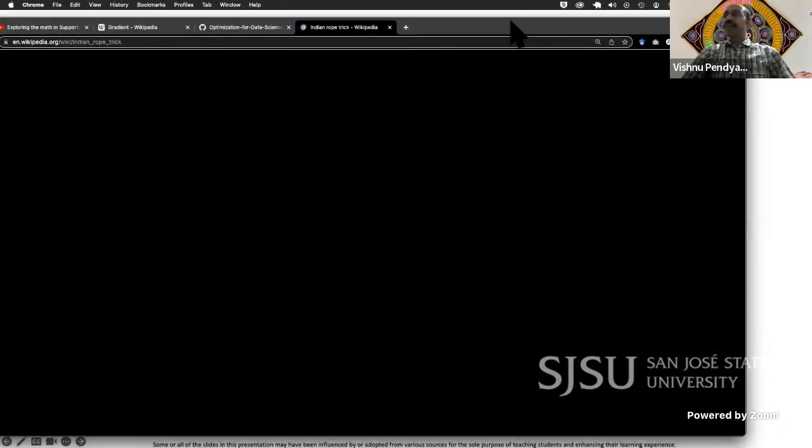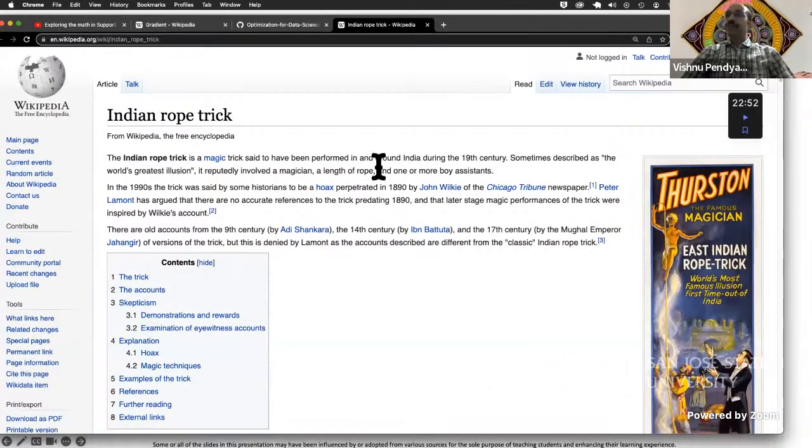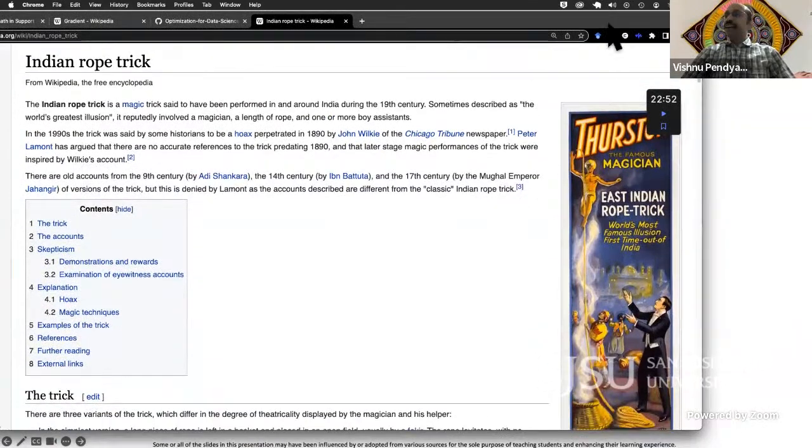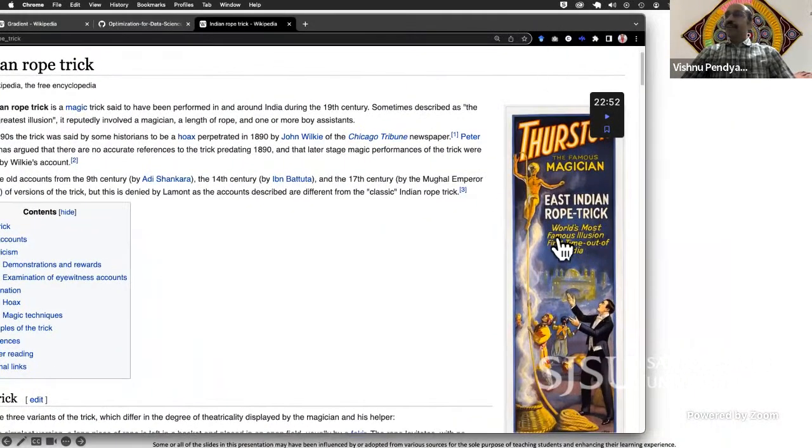This was possible several years ago. There was something called the Indian rope trick many years ago. The idea is basically like this. The performer throws up a rope into the air, and another performer climbs up the rope. And lo and behold, after climbing a few steps, he disappears into thin air, into infinite dimensions. He does not come back. So that is the Indian rope trick.